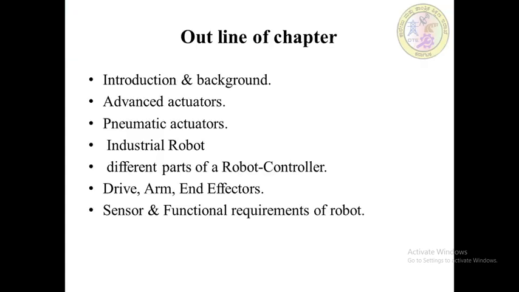As of this, the outline of this particular module or chapter is, very first, the introduction. What is robotics and what is the background of robotics? Means the history and the introduction is known as part 1. And advanced actuators. What are all the actuators which are used to control the robots? Means the end effectors, that are all used in the particular robot manufacturing and robotic uses. And pneumatic actuators, we know that pneumatic actuators are the actuators which are operated through